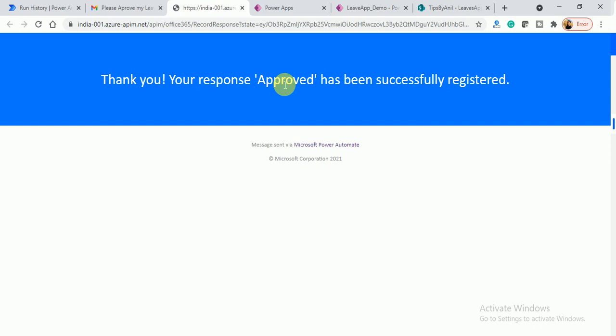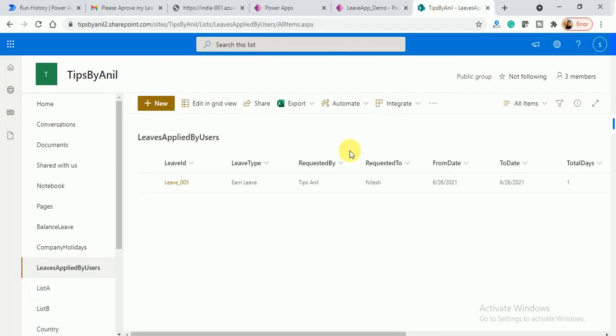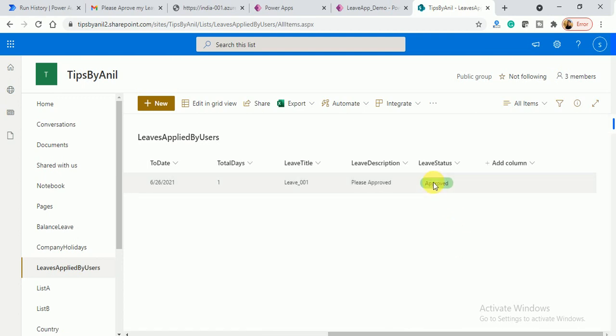Thank you, response approved has been successfully registered. Now if I go and see, leave_001 has been approved. If I see the item, this request has been approved successfully.